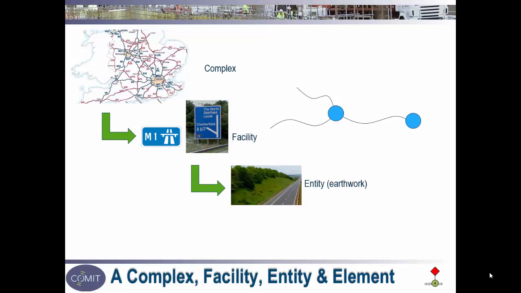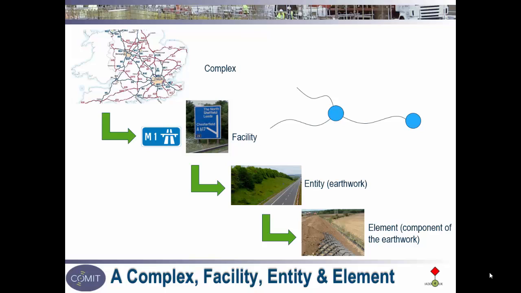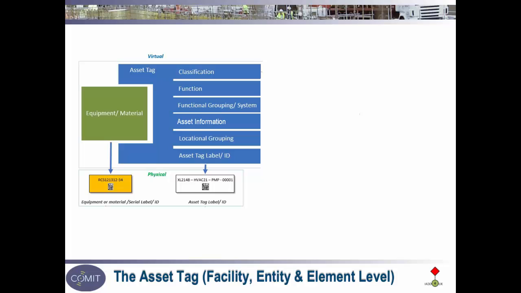These entities are made up of elements, which are the lowest level of the maintainable asset. So in this example, we have an erosion control element of an earthwork entity, which is carrying out a function along the M1 facility, which is part of the Highways England complex. Simple. At facility, entity and element levels, we define that function as a tag, alongside a whole raft of other